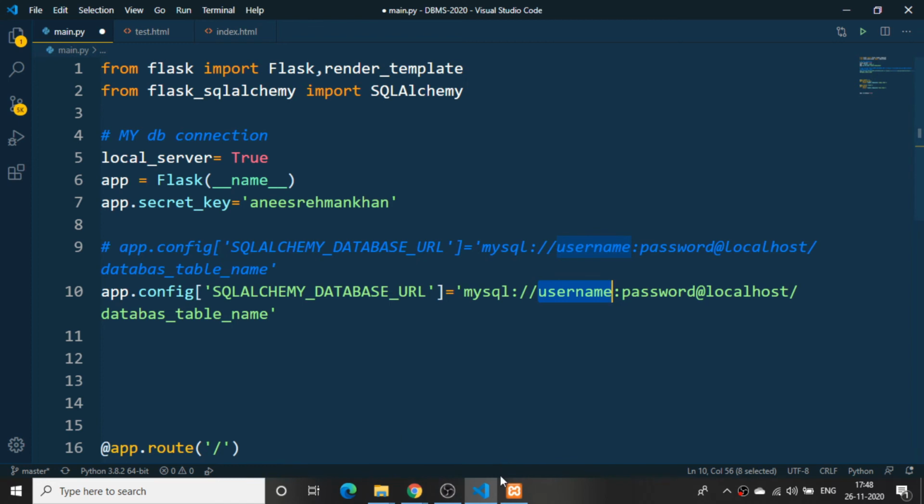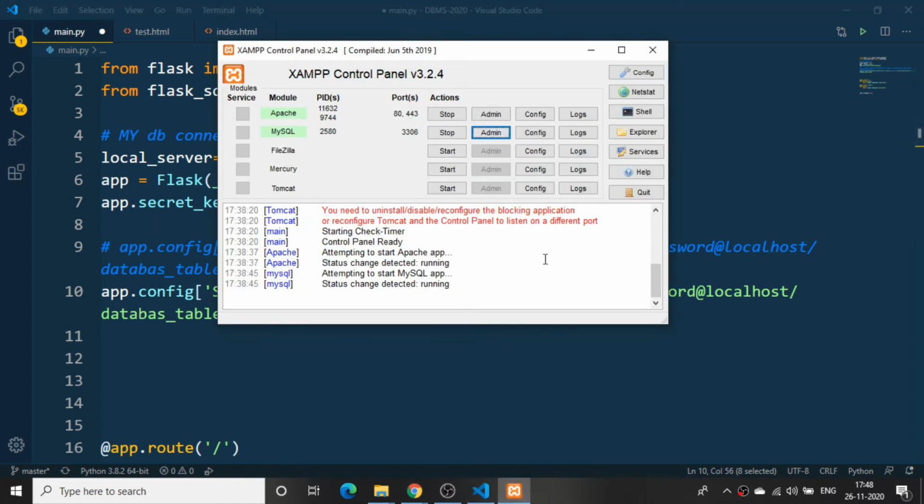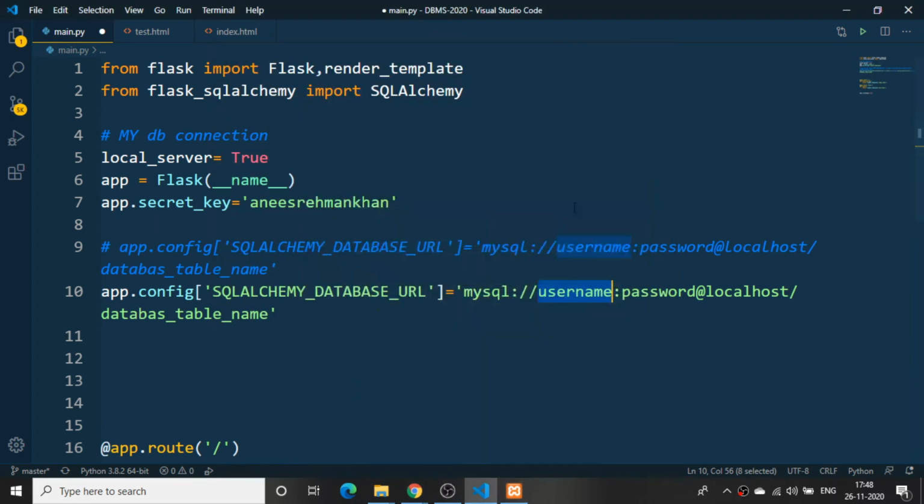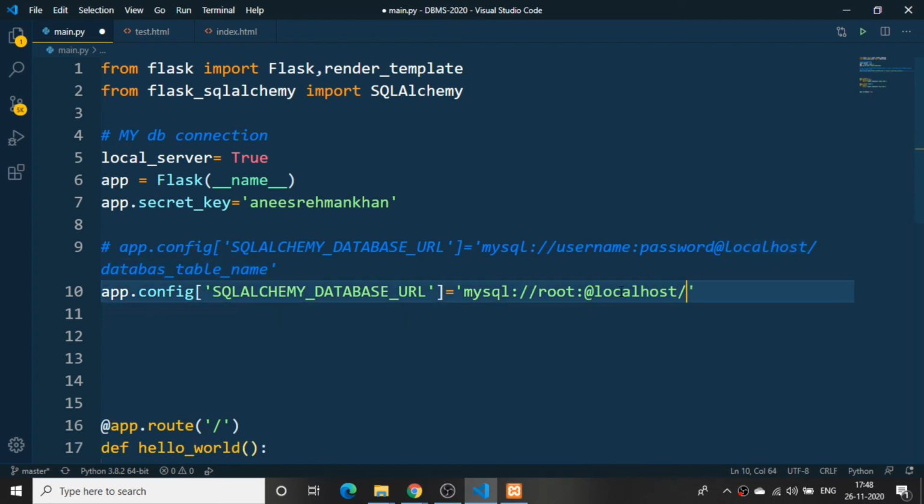So when you have installed this XAMPP server without giving any password, a normal installation, the basic username will be root itself. For everyone it will be root, and we have not set any password, so I'll just keep it blank, empty, and localhost is fine. Even localhost will be the same for everyone. Till here it will be the same for everyone if they have not set any password.